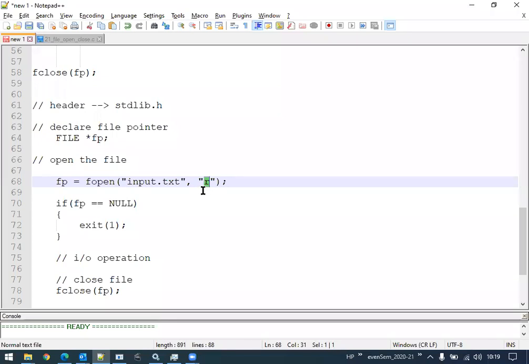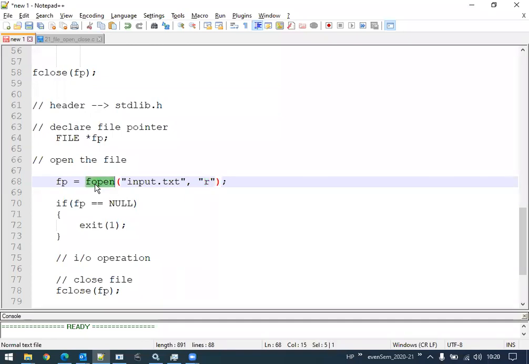It can be for input operations or for output operations. Apart from reading and writing, there are other operations that we will discuss later. If we want to open the file in read mode, we represent it as r. So here r indicates that the file is being opened in read mode. Read mode means once the file is opened, we can use it for reading the content so that processing can be done on that input.